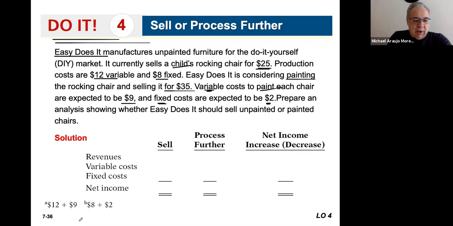Okay. So again, what we have here is to sell the unpainted rocking chair is $25. To process it further, they would be able to sell it for $35. So they would have a $10 increase per chair in revenue. However, these variable costs, which are already at $12, would be increased by an additional $9. So they would go up to $21. Okay. Fixed costs are also affected here. Fixed costs, which are already $8, would increase another $2 to 10. So that looks like to me,